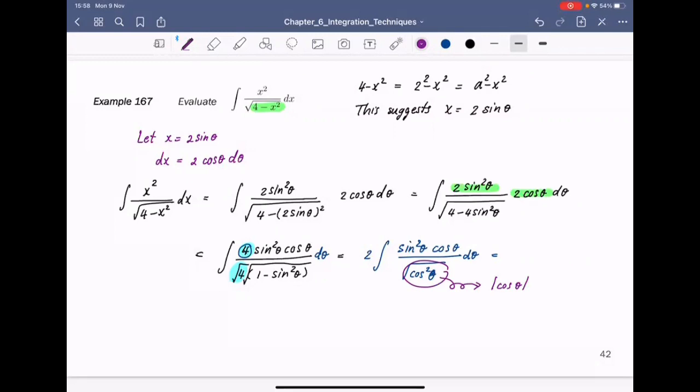Well, I'm gonna say theta is in between negative pi over 2 and pi over 2. Because if I restrict to that domain, this cancels, because cosine is going to be positive for sure. If you do not fix the domain there, you're gonna have two answers, right? Because the absolute value of cosine can be positive or negative, depending on the theta. But to avoid that question, you just